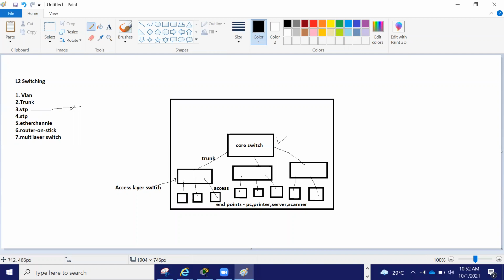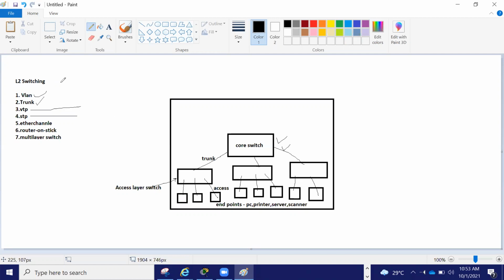That's one thing to understand. Second thing, when you're running STP, who will become the root bridge? We will make the core switch the root bridge, either by using a hardcode command or just by changing the priority value. That's two things we understand. So trunk we connected, VLANs are created from here. This is how it works.